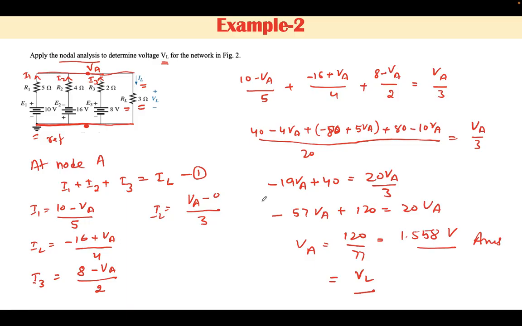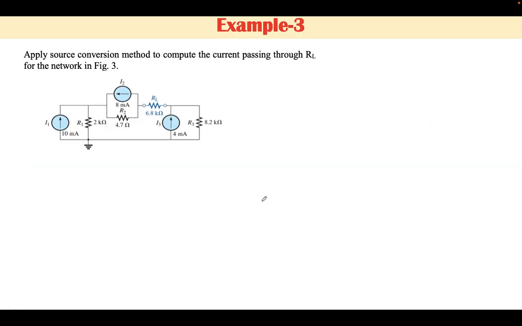Now considering another example, in this network we have to apply the concept of source transformation. Here we have to calculate the current through RL, and RL is given as 6.8 kilo ohm. Here it can be observed that this resistance is 2 kilo ohm, this resistance is 4.7, whereas this resistance is 8.2 kilo ohm. Now considering